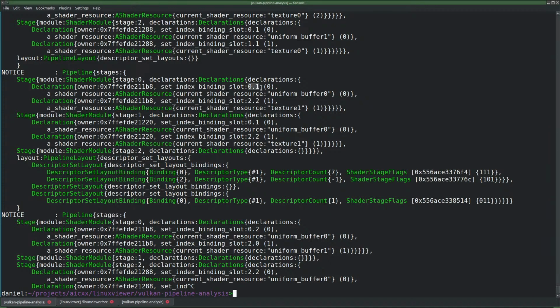This notation is also used in validation error messages. Digit dot digit, and that just means this is the set index and that's the binding within the set index. So we have a shader resource which is bound to 0.1, and we have one that's bound to 2.2, and that's all within this shader module. This shader module also binds to 0.1. Now,